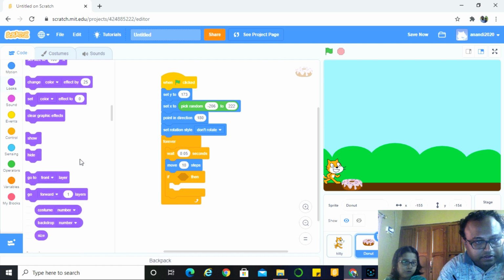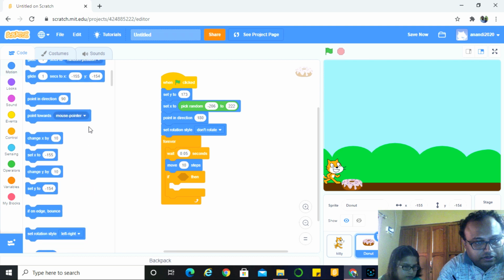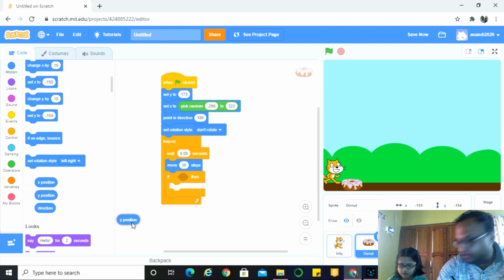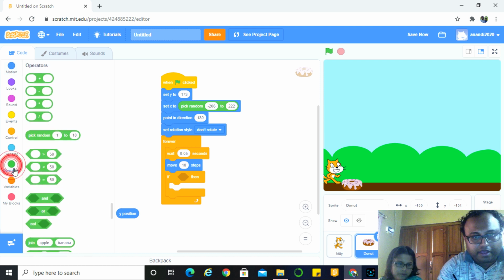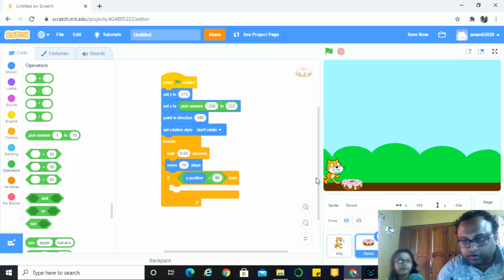Motion is in the up. Okay, very good. And there is Y position. If Y position is less than that number, for that you need to compare. For compare, you need a number block from operator. We will put this in the if block. Now we put the Y position, and then the number will be minus 171. It can be 154 also.